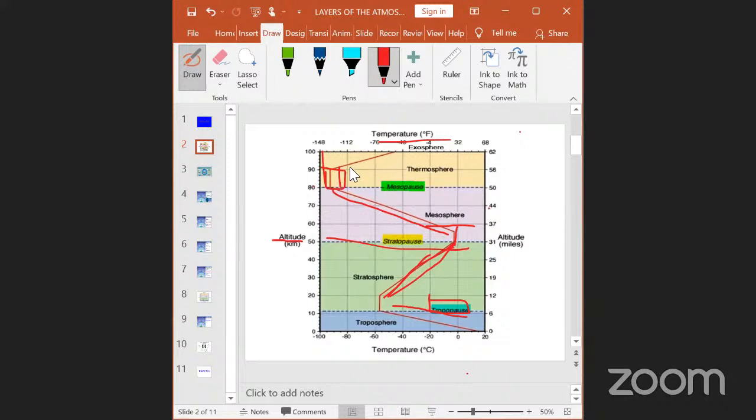And then again it starts decreasing in the mesosphere, right? It is negative 80 degrees Celsius at the upper boundary of this mesosphere. So it goes to the minus segment, and this is the plus segment, right? Then the mesopause, this mesopause is the transition zone between mesosphere and thermosphere, right? Again here, sometimes it remains constant,